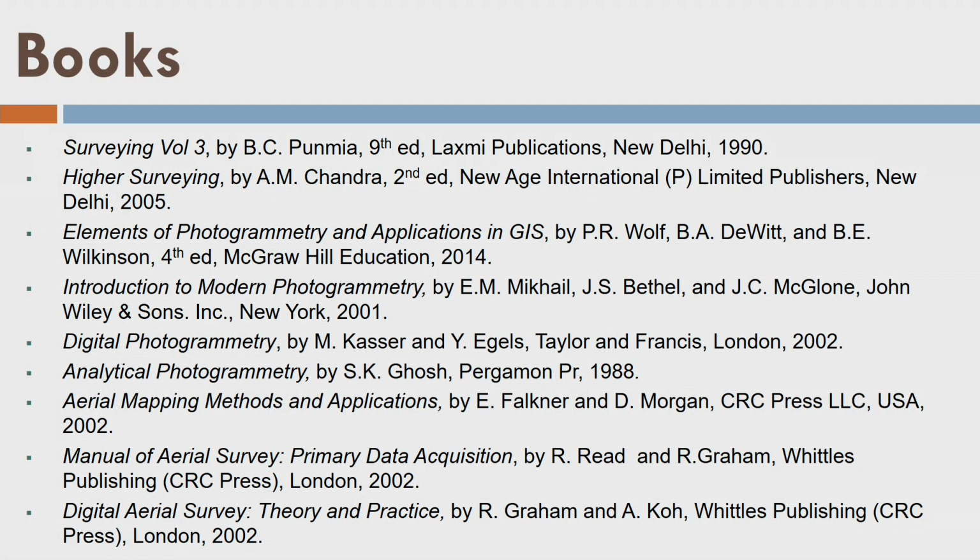Well, we will not go into the bifurcation further, but we will try to understand the small nitty-gritties of these aspects today. Also, we are going to understand technically what it means and how we can make a map using these photographs, especially the vertical photograph and tilted photograph, because a tilted photograph has a tilt that is introduced unintentionally, unknowingly, but we know what a tilt is. So tilted photographs and vertical photographs are treated in this lecture. So let us go ahead. These are the books again. The first 3 books are still sufficient for this lecture.